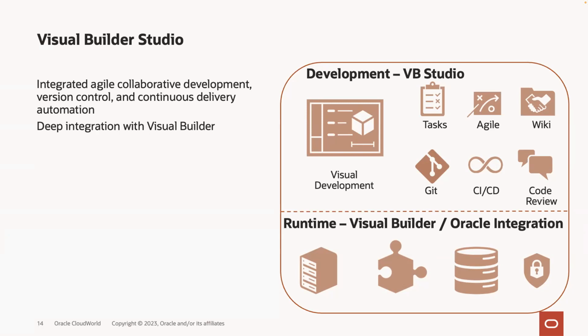With Visual Builder, we also have an environment called Visual Builder Studio. And Visual Builder Studio gives you a platform that integrates agile collaborative development aspects with source control version management and continuous integration and delivery automation. Okay. All deeply integrated with Visual Builder. Okay. So it starts from managing your team and your project. We have an issue tracking system. Okay, so you can basically track all the items you have on your to-do, all the bugs that you're fixing,